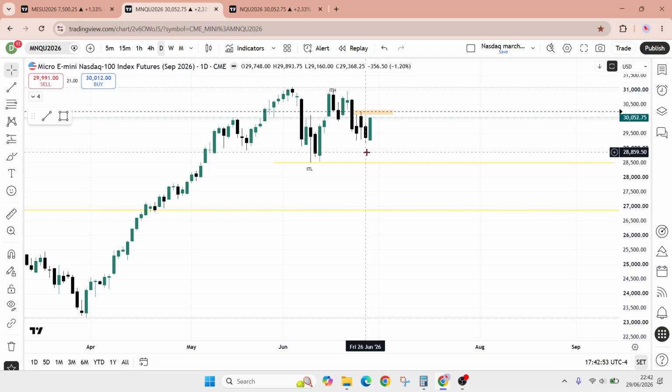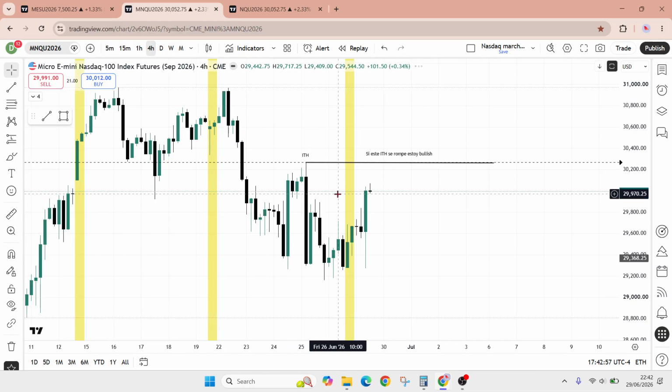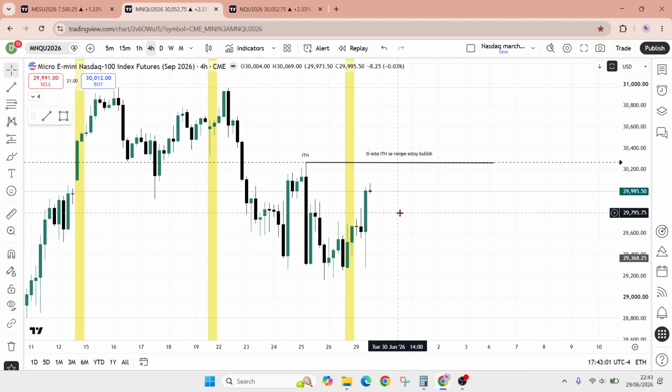So in conclusion, today I have to see a very clear overnight and London session that gives me a clear direction of where we're going. Now, I have low expectations because it's June, and especially because it's FOMC, so the big players might not be placing big trades, so we might not have a clear bias. If I trade, I will most likely trade with the lowest amount of risk.